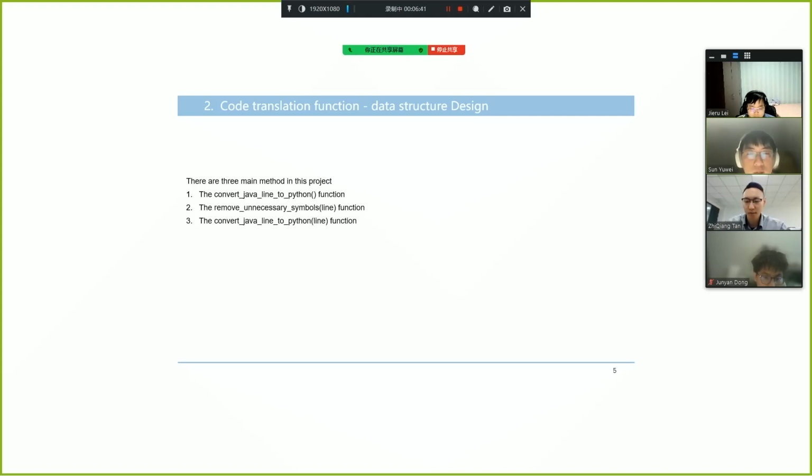The third part is transformation of variable declaration. Use regular expressions to extract variable types, variable names, and initial values and convert them to the Python syntax. This step transforms Java's strong type variable declarations to Python's weak type variable declaration, simplifying the syntax. And the last one is convert other functions, functional statements that need to be converted in